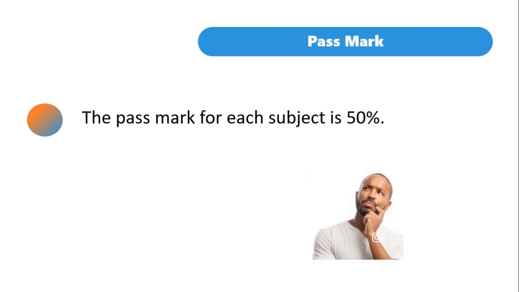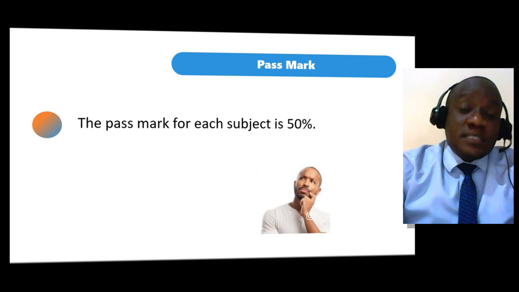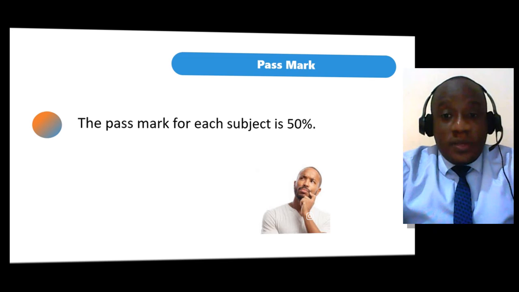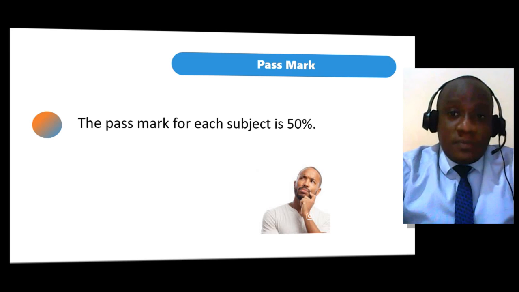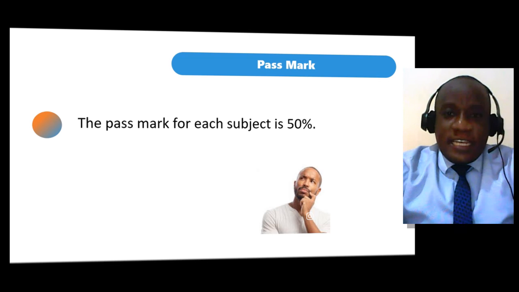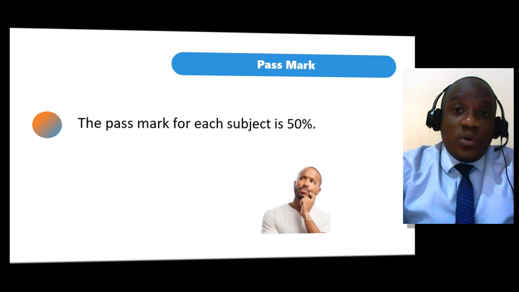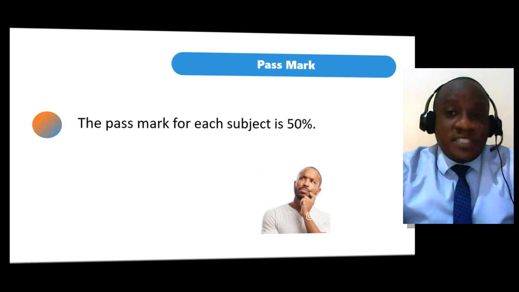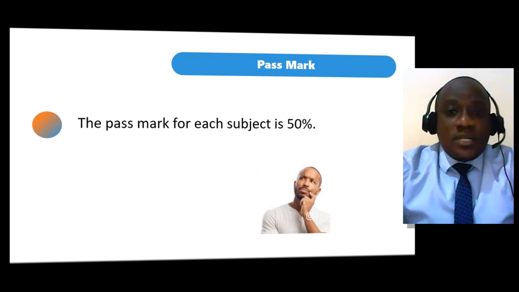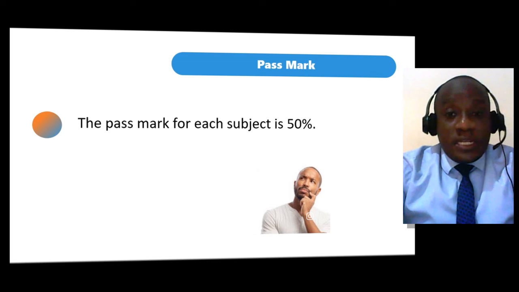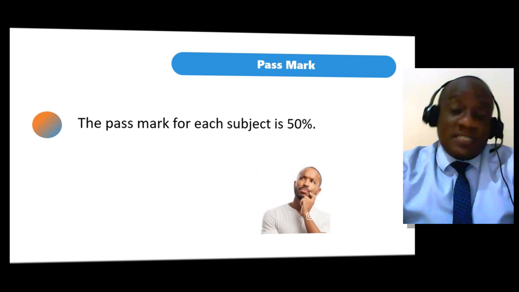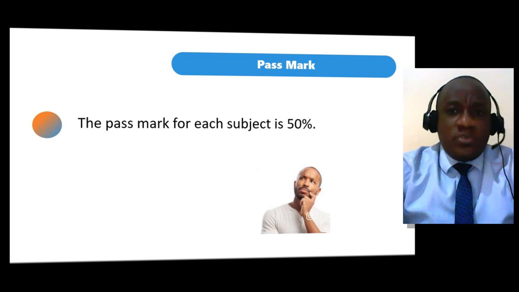Of course, I should mention that the institute will be able to indicate the marks on your result slip so that people can know how you have performed in a particular area. So this again calls for more hard work as you are preparing for these exams, because if you have 50s and 50s, it would mean you didn't really do it well. I usually tell my students 50% means you've passed half and failed half. So why would you do that?